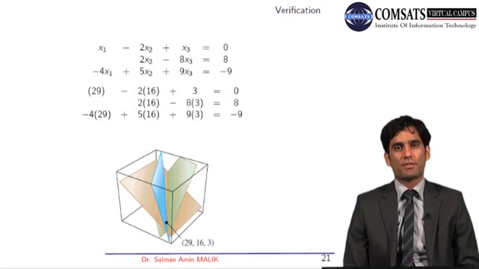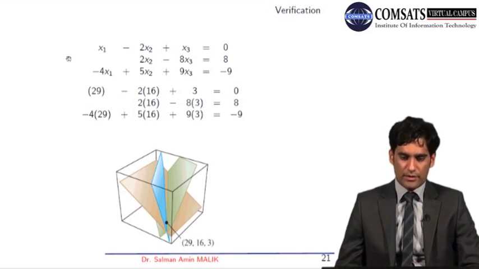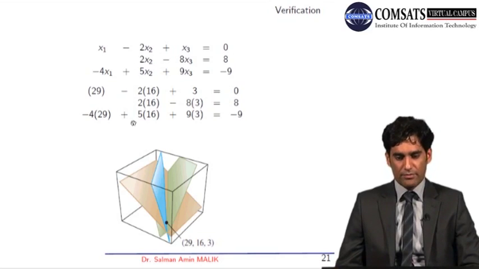In 3-dimensional space, we have 3 reference axes: x-axis, y-axis, and z-axis. So all these equations on the slides represent a plane, and if we have a unique solution for the system of linear equations, it means that all these three planes intersect at a unique point, as you can see in this figure. We have the green plane, blue plane, and yellow plane, and all these three planes are intersecting